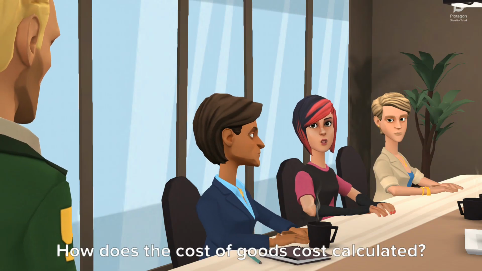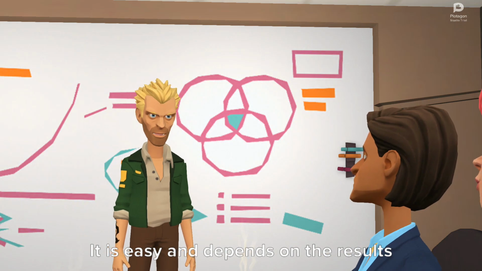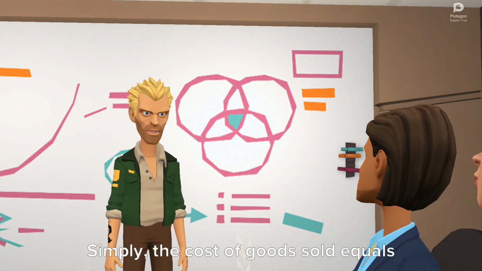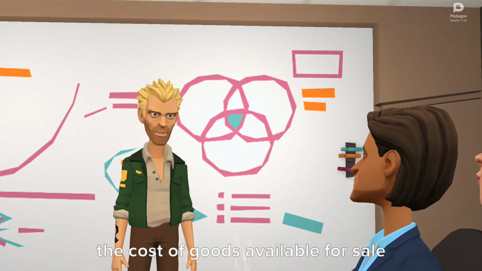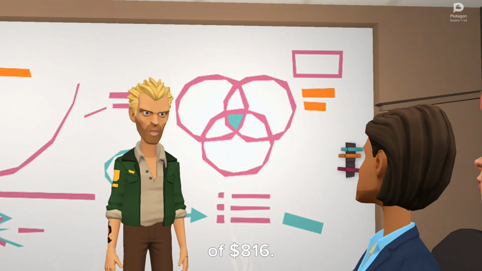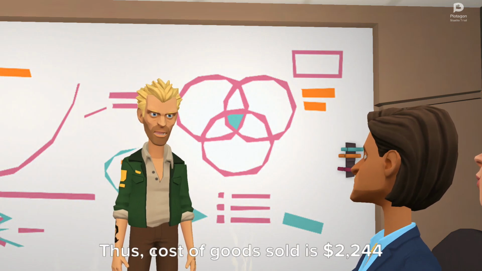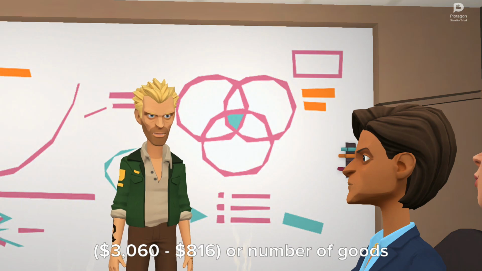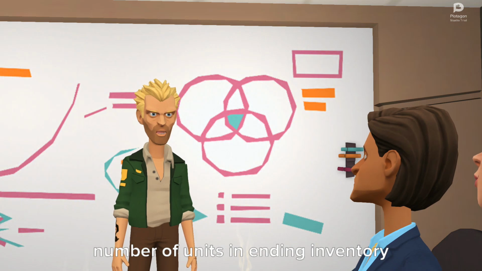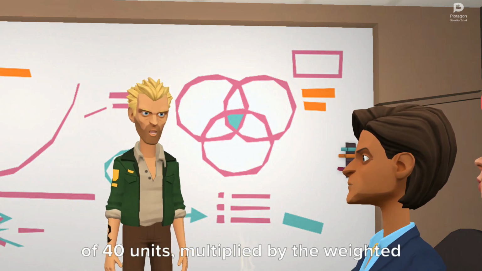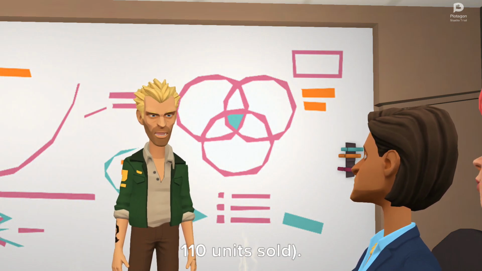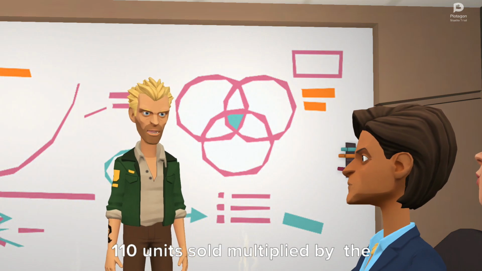How is the cost of goods sold calculated? It is easy and depends on the results of calculations arrived at above. Simply, the cost of goods sold equals the cost of goods available for sale of $3,060 minus the ending inventory of $816. Thus, cost of goods sold is $2,244, $3,060 minus $816, or number of goods available for sale of 150 units minus number of units in ending inventory of 40 units, multiplied by the weighted average cost per unit. 150 minus 40 equals 110 units sold. 110 units sold multiplied by the weighted average cost per unit of $20.40 equals